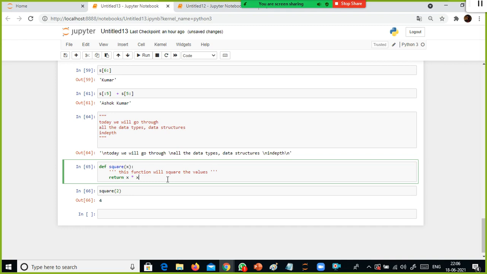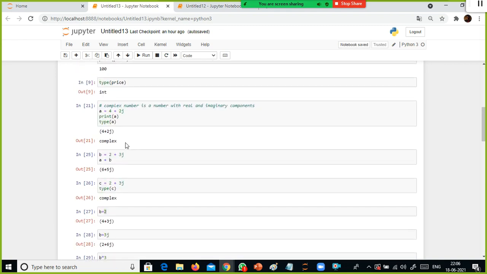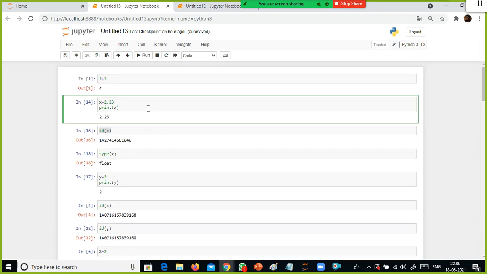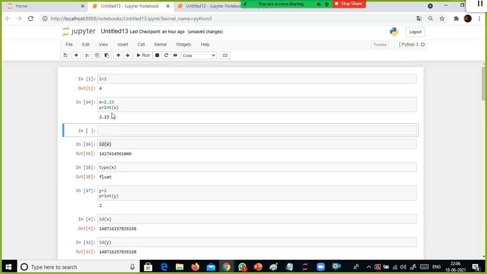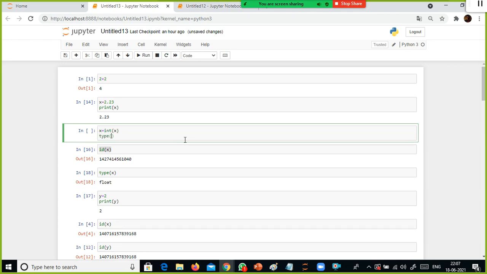So user defined function, built-in function. What is a built-in function? For example, here x equal to 2.23. This is a decimal value. There are some built-in functions available. Int of x. This is called typecasting.